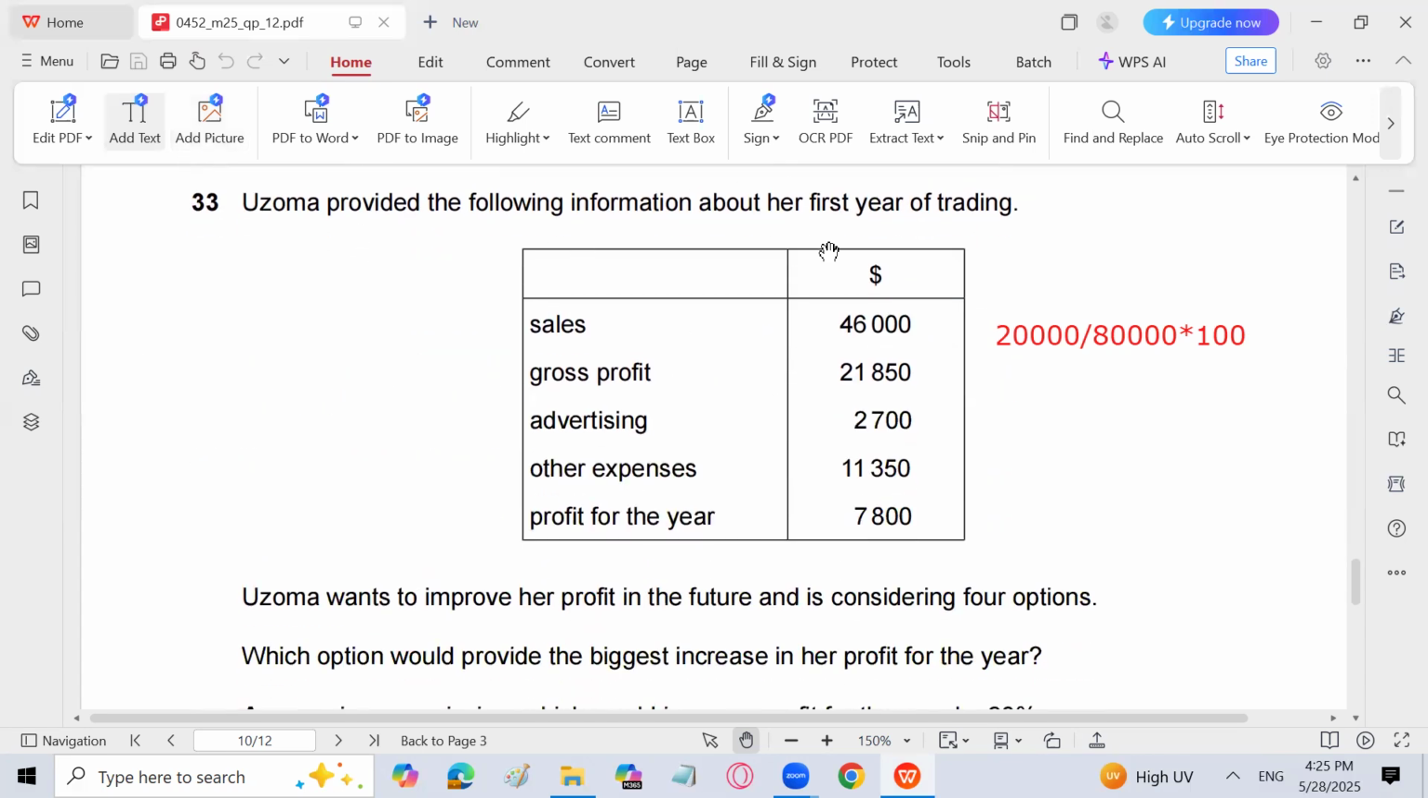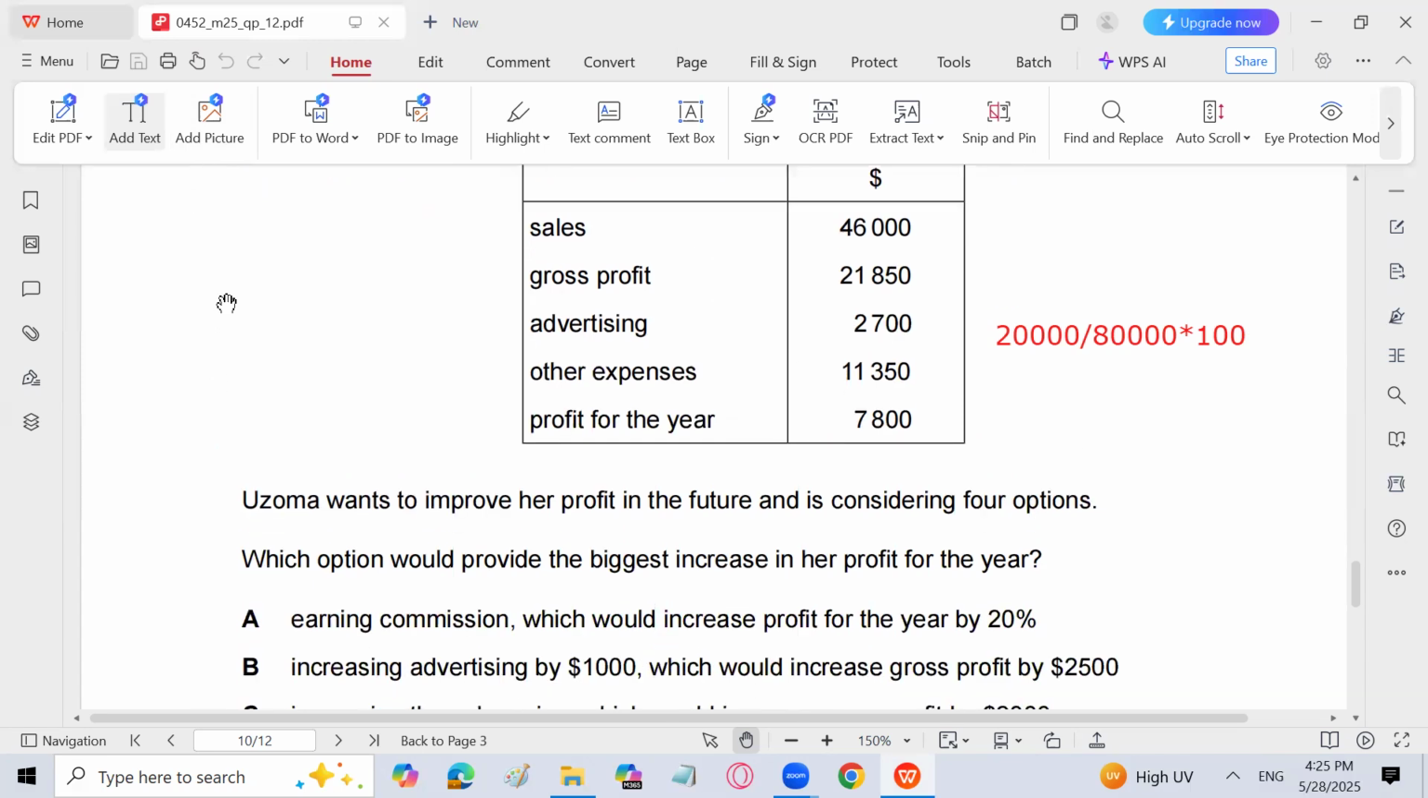Uzma provided the following information about her first year of trading. Uzma wants to improve her profit in the future and is considering 4 options. First year of trading is this. Which option would provide the biggest increase in her profit for the year? Earning commission, which would increase profit for the year by 20%. So profit will increase by 20%. 7,800 into 20%,